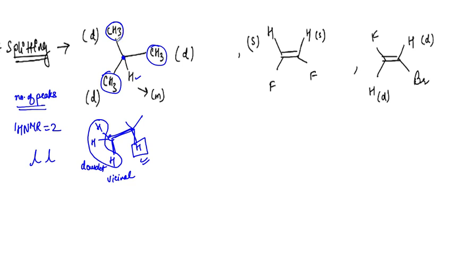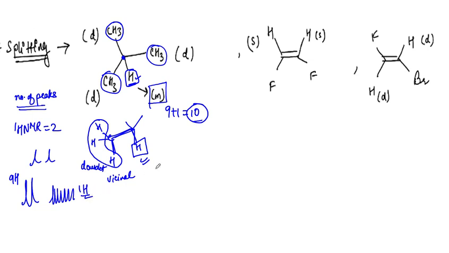So we are going to get 1 peak as a doublet, which is going to have a very high intensity because these are 9 hydrogens. What about this proton over here, guys? This proton is adjacent to how many hydrogens? It is adjacent to 9 hydrogens, so it is going to be split by 9 plus 1 equals 10. So it is going to give us a splitting of 10, which we consider as a multiplet. We don't go for 10, we just write it as a multiplet. So this is going to be a mix like this, and only for 1 hydrogen the peak is going to be, right?